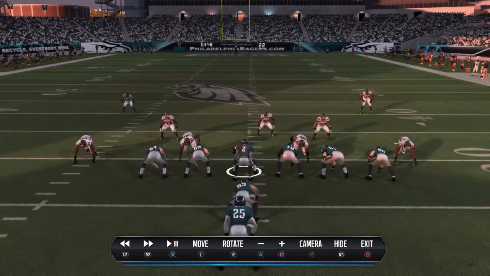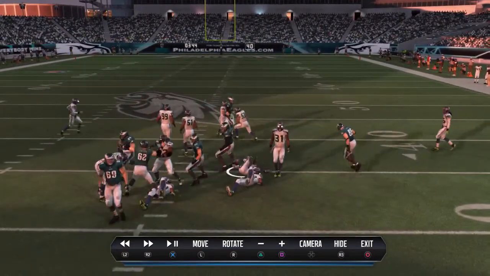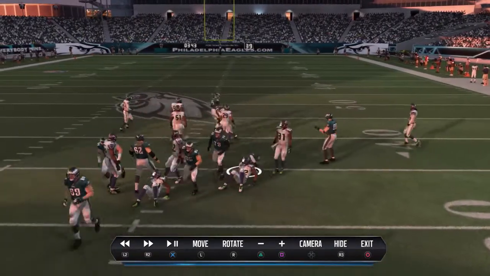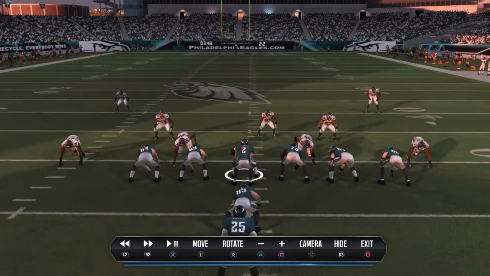I just want to break this play down real quick. I've got two plays to show, and I'm going to show the positives and the negatives in these plays. As you see on the screen, it's just a simple running play with LaShawn McCoy. And the first thing I want to point out is the positive.